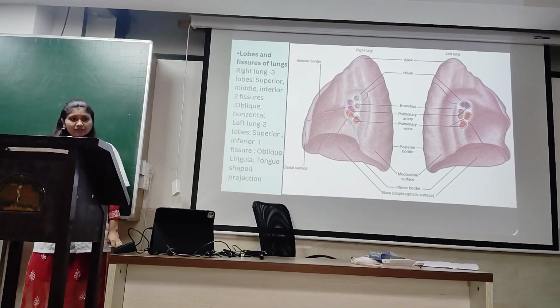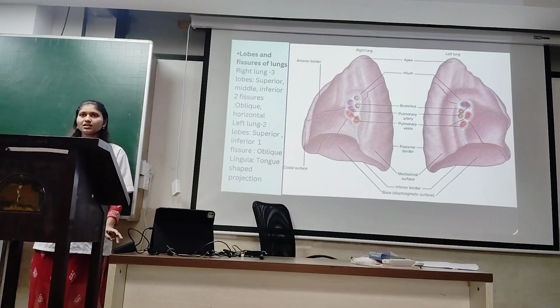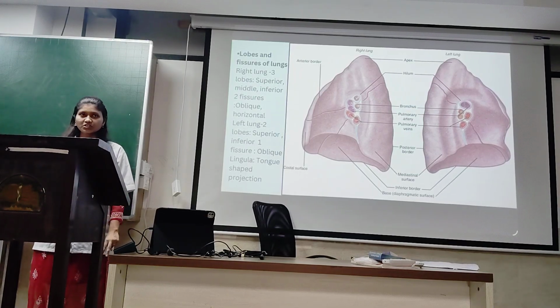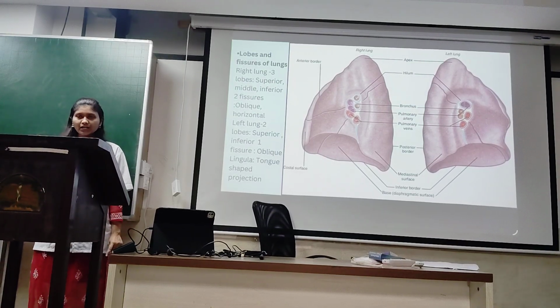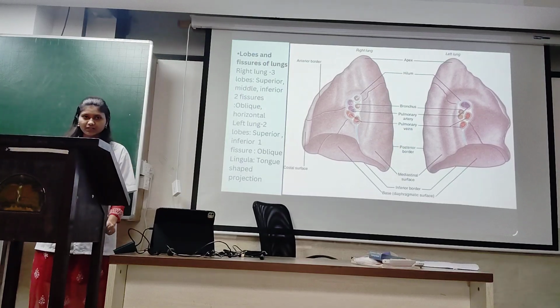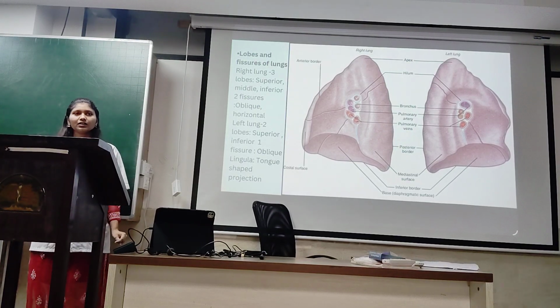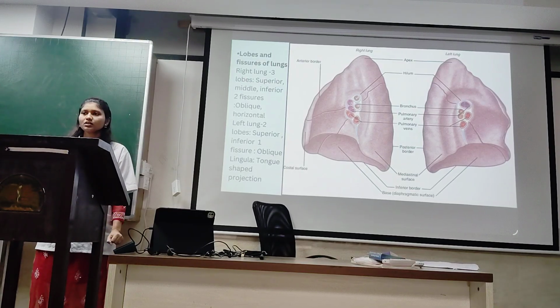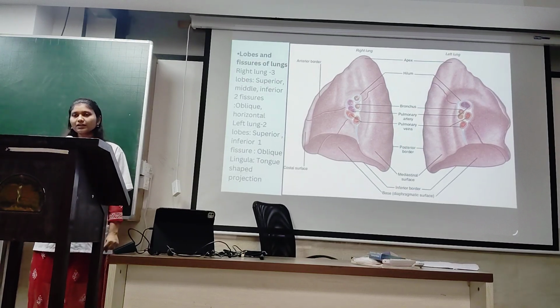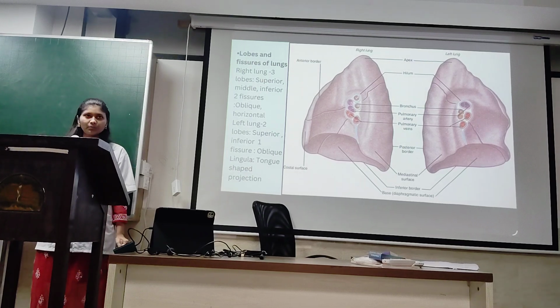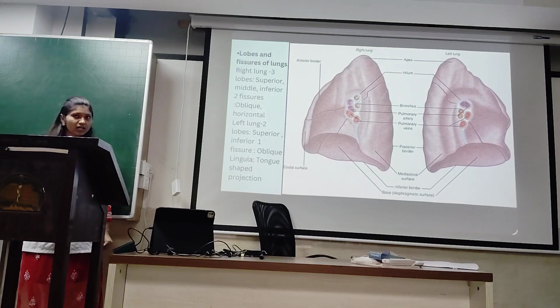For the lobes and fissures, the right lung has 3 lobes and 2 fissures: the superior, middle, and inferior lobe, and the horizontal and oblique fissure. The left lung has 2 lobes and 1 fissure: the superior and inferior lobe and the oblique fissure. It also has a tongue-like